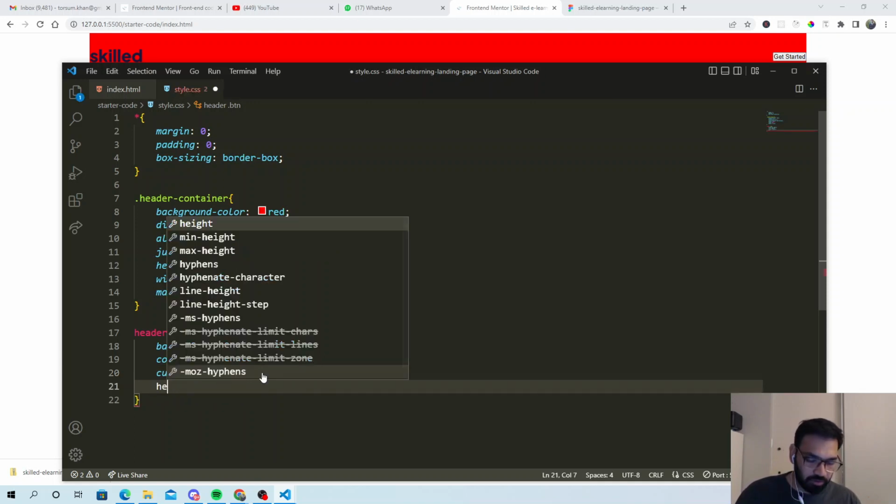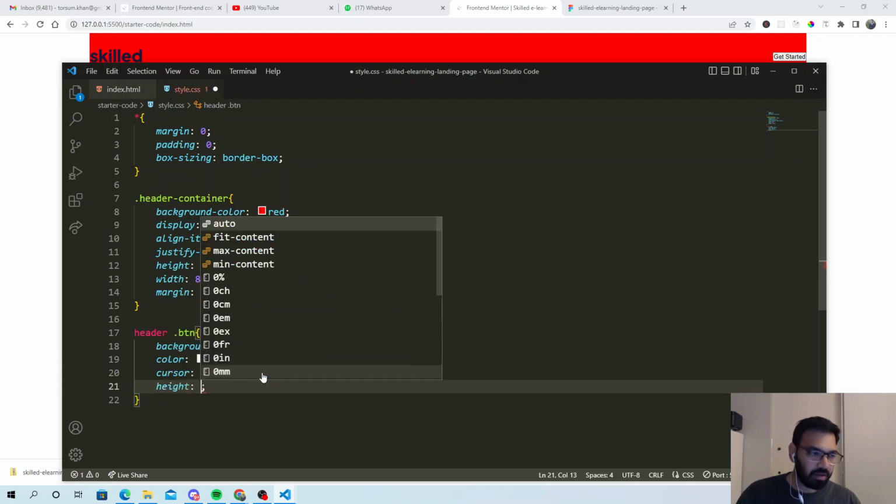I'm just taking the values from the Figma file. The height is